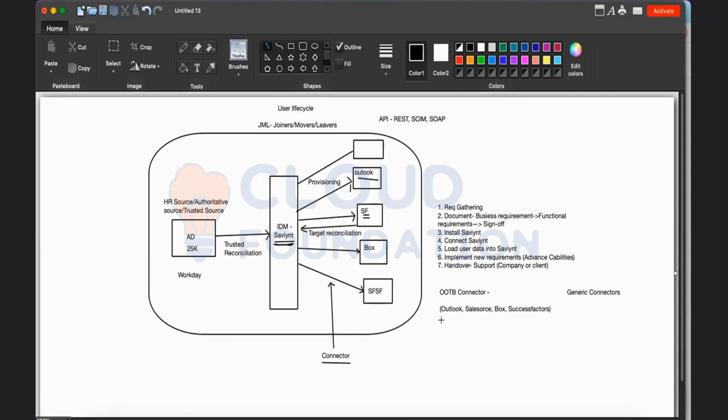But for this application, an out of the box connector is not there. For Outlook, Salesforce, Box, SuccessFactors, an out of the box connector was there. You had a different application which is not that common within the industry, and that is why there is no connector within Saviynt to connect to that application. So what will we do in this case? We will use a technology connector. If your application exposes some APIs, then I will use the API connector, that is the REST API connector